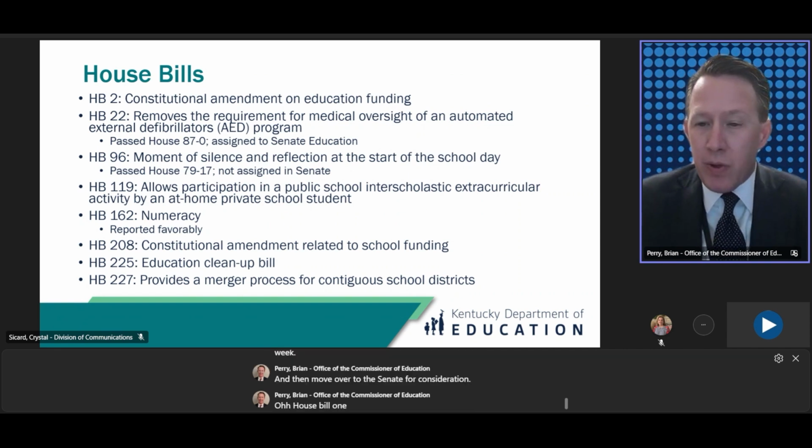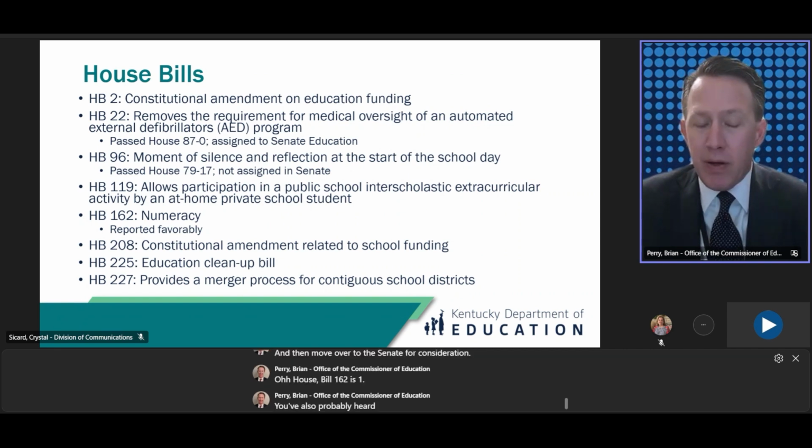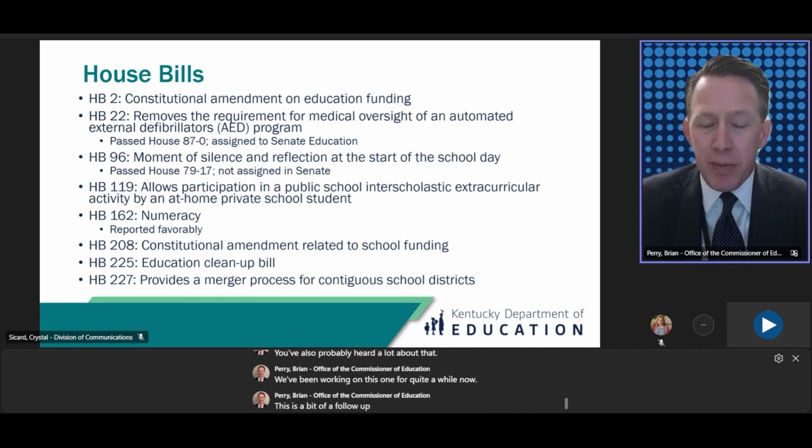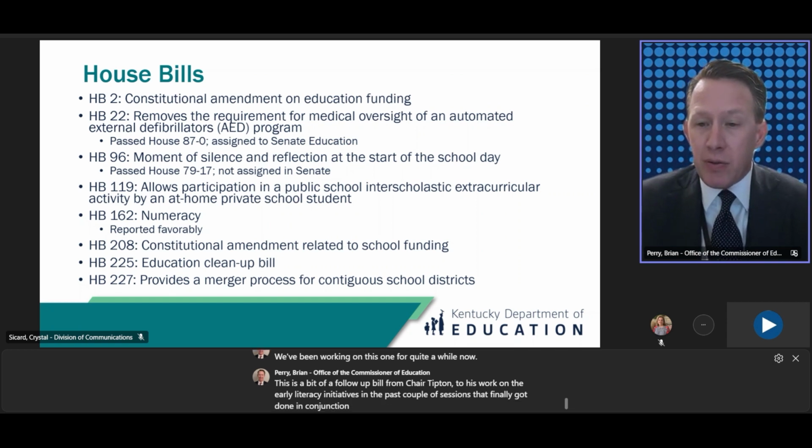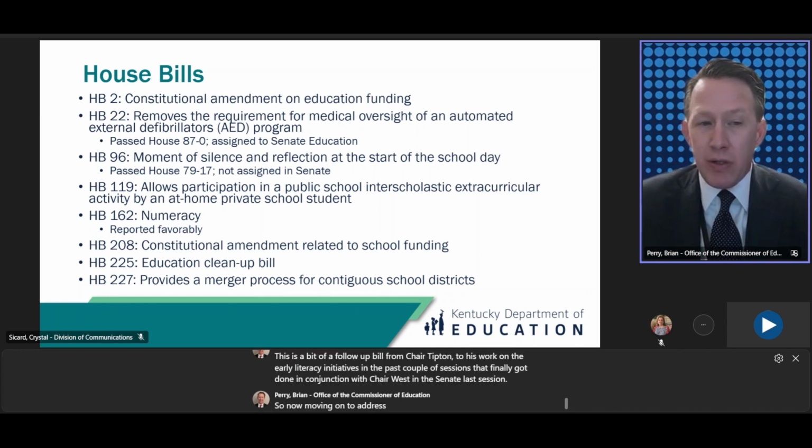House Bill 162 is one you've also probably heard a lot about. We've been working on this one for quite a while now. This is a bit of a follow-up bill from Chair Tipton to his work on the early literacy initiatives the past couple of sessions. That finally got done in conjunction with Chair West in the Senate last session. So now moving on to addressing early literacy,